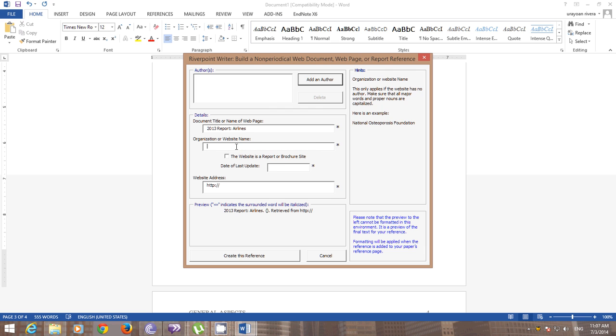Airlines, the organization will be the United States Securities and Exchange Commission, the SEC, and the website is a report or brochure site. Hence, this one will be a report. The update will be 2013, and it's going to be fall, and we're going to go